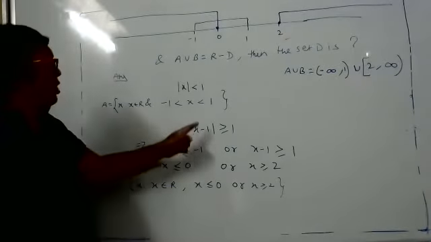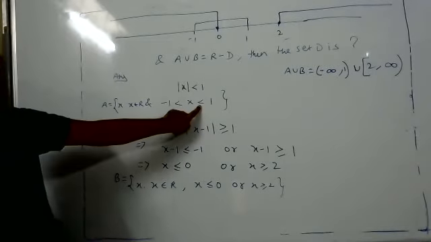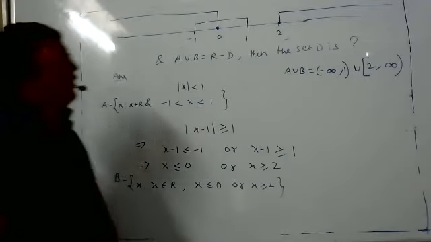Sir, shouldn't 1 be in a close bracket? See here, in the first part, 1 here. Is it an equal to sign here or less than? Okay, that's why. Got it.